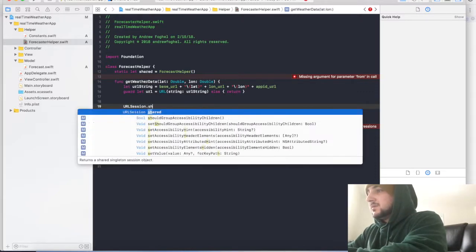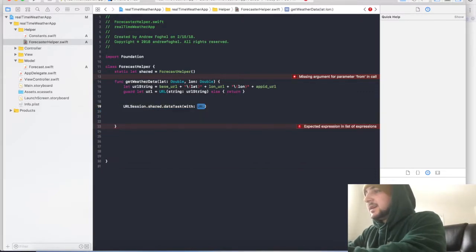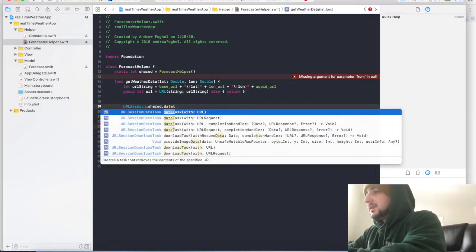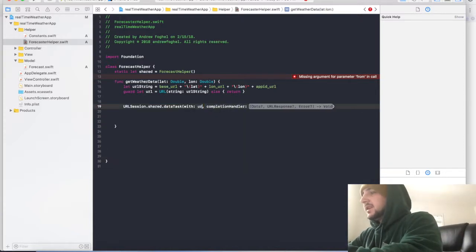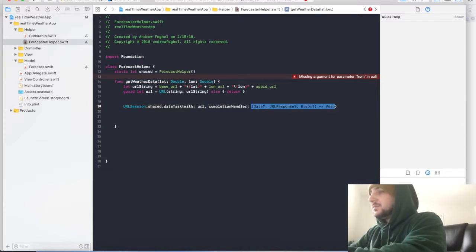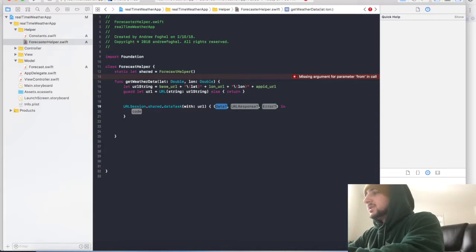Oops. .shared.dataTask with URL. I didn't want that one. I want the one with the completion handler, so the one with URL and this completion handler. Our URL is going to be the URL we just created. For our completion handler, you're going to hit enter on that, and we're going to type in data. I'm not too interested in our response, so I'll just throw in a wildcard, and then we'll name our error